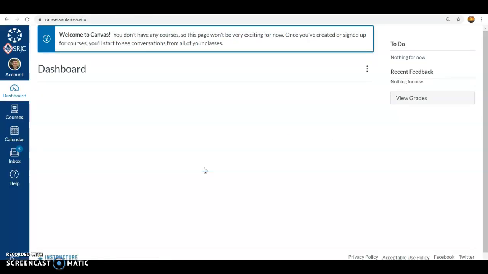And if this is your first time logging into Canvas, there's typically a little box that shows up before this page, and it asks you to accept the terms and conditions. Please go ahead and check the box to accept the terms and conditions, and then the next page will take